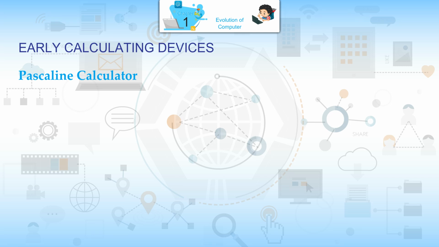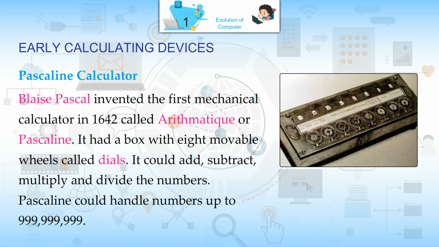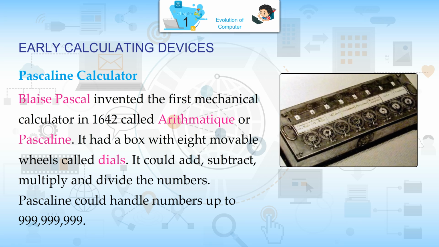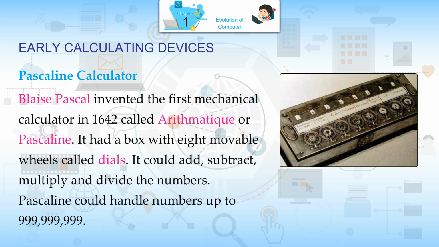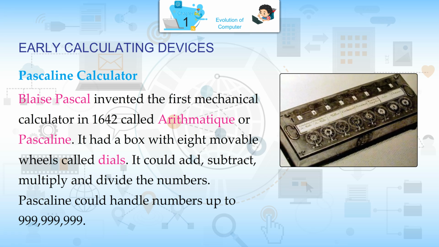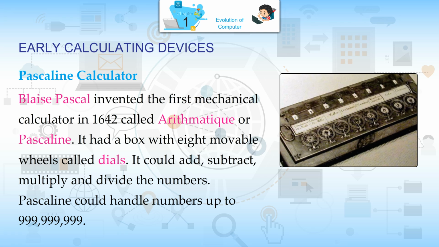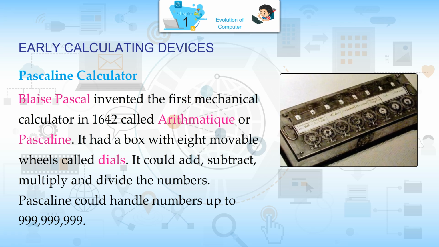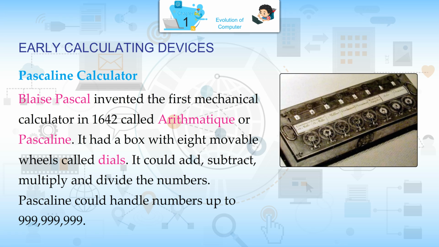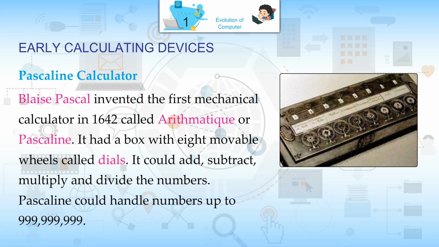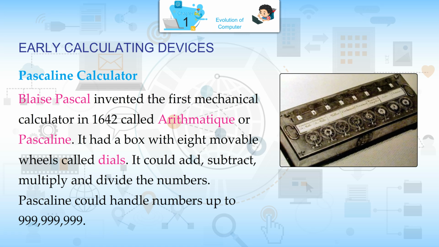Pascaline calculator. Blaise Pascal invented the first mechanical calculator in 1642, called arithmetique or Pascaline. It had a box with 8 movable wheels called dials. It could add, subtract, multiply and divide numbers. Pascaline could handle numbers up to 999,999,